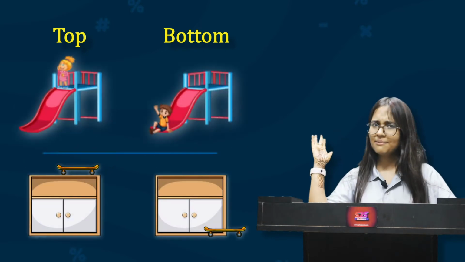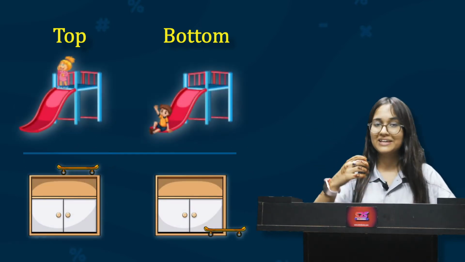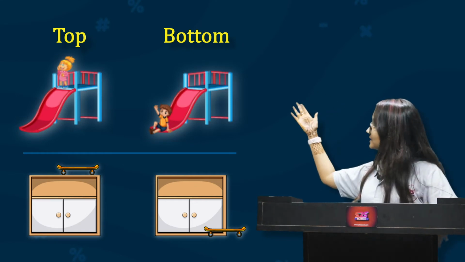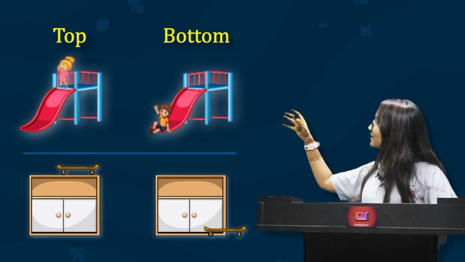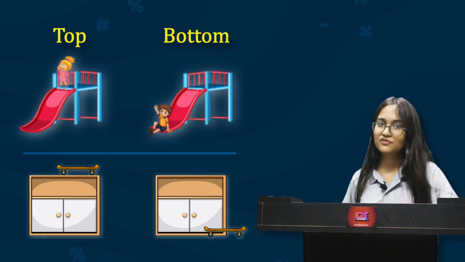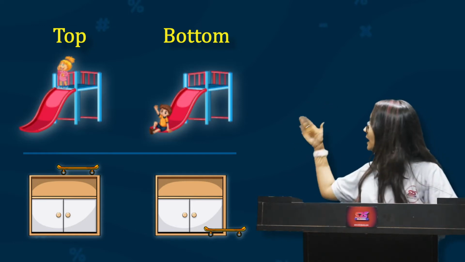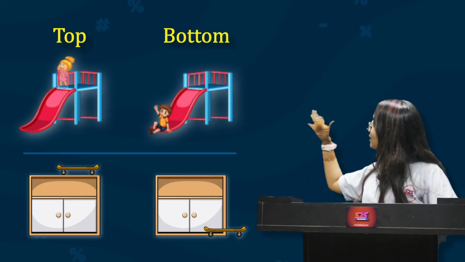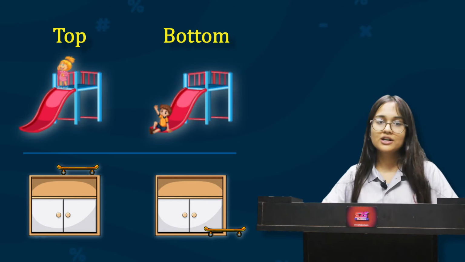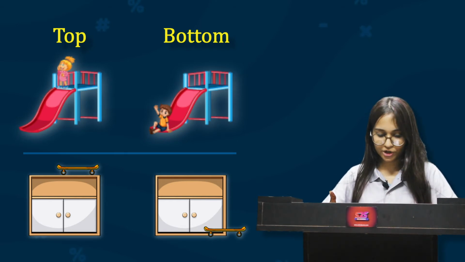So we look at the images which will clear your concept and we can see what exactly we mean by top. So we are seeing the images where we can see that the things are kept on the top of the things, and then we look at some images which will clear our concepts about the bottom word. So we can see that all the things are lying down in the bottom now. So we are clear what top and bottom mean.